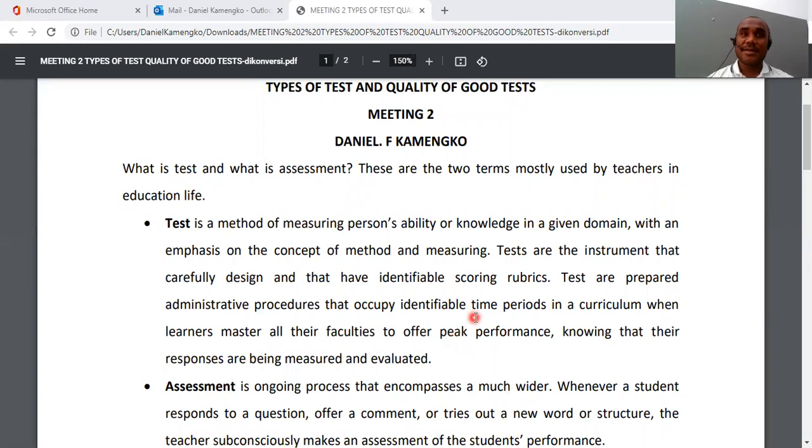Mostly this happens in school: teachers teach lessons that are different from the test given to the students. And when students do the test, they think, but sir, miss, you never taught this lesson before. So this is not something really accurate, right? We're going to talk about the quality of good tests later.